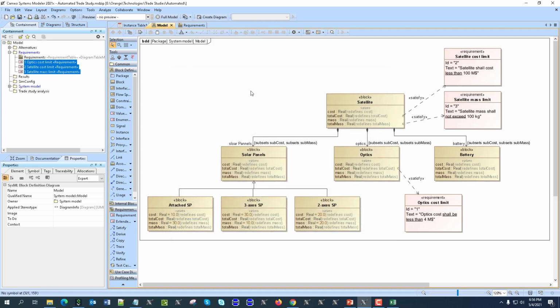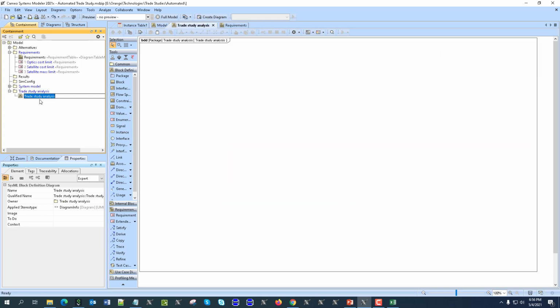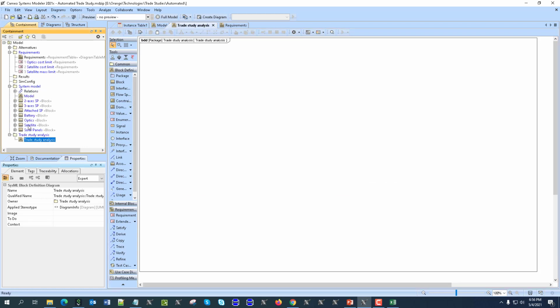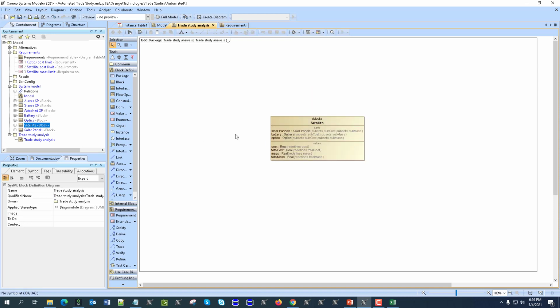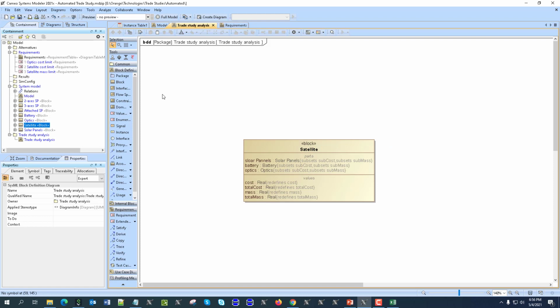Now the next step will be to go to the trade study analysis and create the diagram, and create the context for the satellite for trade study analysis, and inherit that context from the trade study analysis pattern. So let's go here to trade study analysis. Let's build a block diagram, and let's take our satellite system model, trade satellite here. Let's zoom in a little bit. Okay, now let's take this